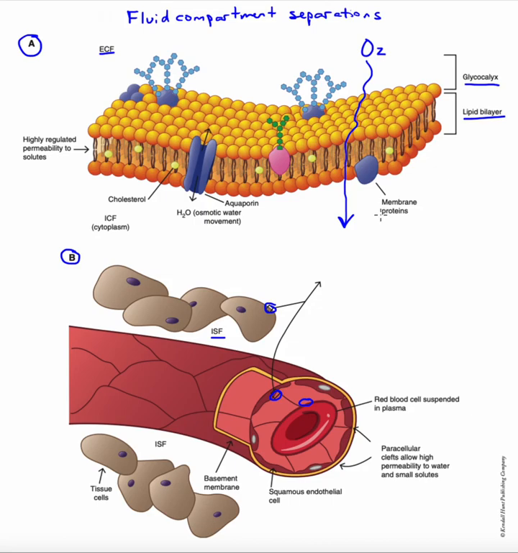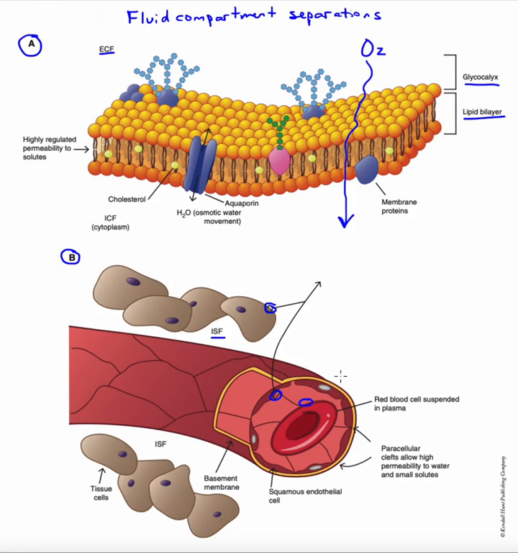For larger fatty substances, they would be repelled by these phosphate groups, and those actually require a carrier. And so large fatty substances or polar substances generally require some sort of transport mechanism, a protein, to aid their transport across the membrane. If we come down here to the capillary wall, what we find is that transit across